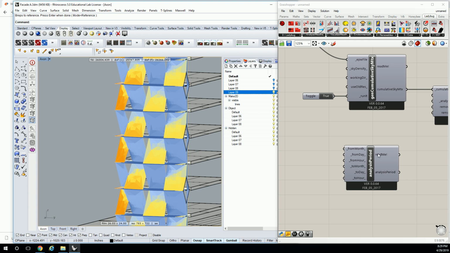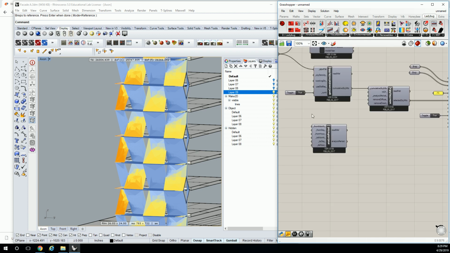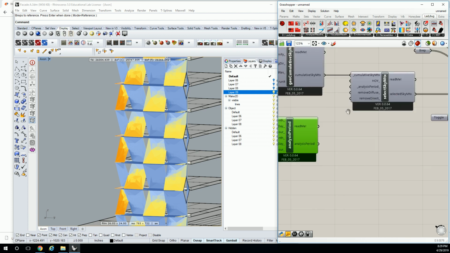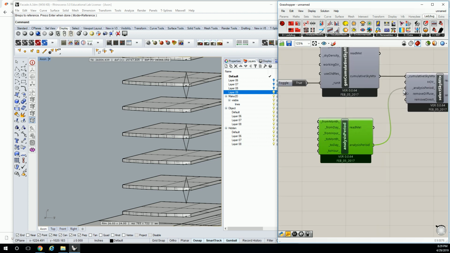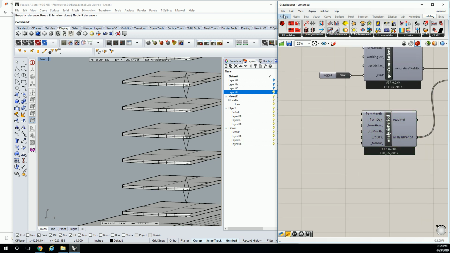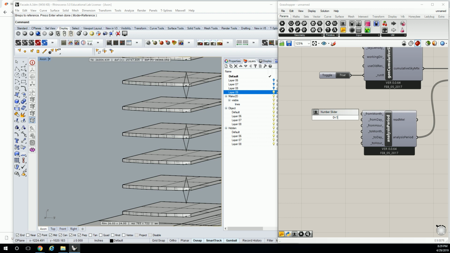Okay, so if you wanted to change the analysis period, you could go back here and change it real quick. So let me turn this to false real fast, and let's plug this in. I'm going to plug in analysis period, and, oh, that's right, we're going to do sliders for this. So from month, that's 0 to 12, and a 2 month. Let's do from May to June,